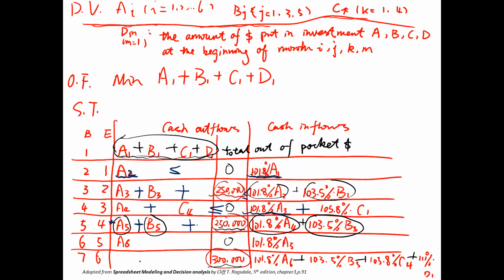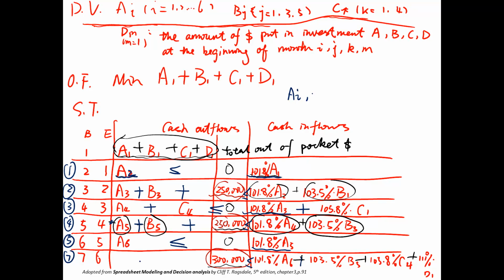Plus less than or equal to A6 less than or equal to this part. And the last will be 300,000 needs to be less than or equal to all of those right parts. So we have one constraint, two constraint, three constraint, 4, 5, 6 constraint plus